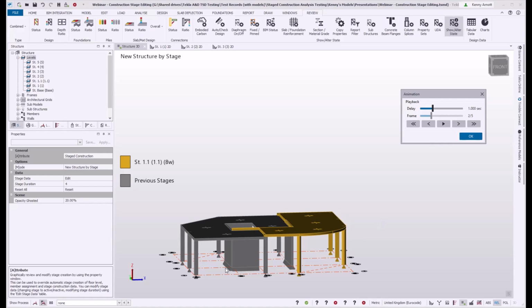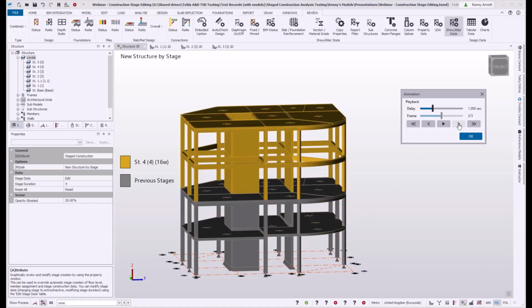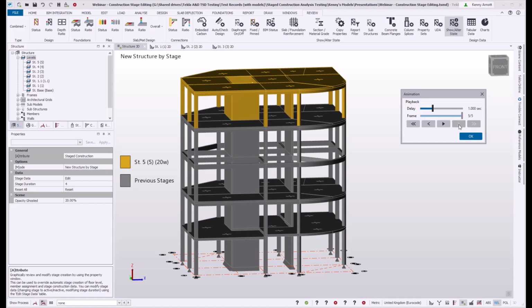So you can see in this model what I did was add an extra floor level, a slightly stepped floor level, which creates slabs in different levels and therefore 2 stages there. Then I've got a level here where I didn't put in any slabs for whatever reason, but that just means that level gets skipped and we go to the next, and that all gets combined as one stage as the default, and then finally a top level.